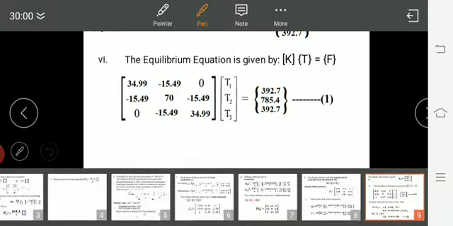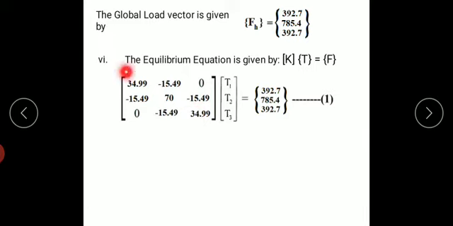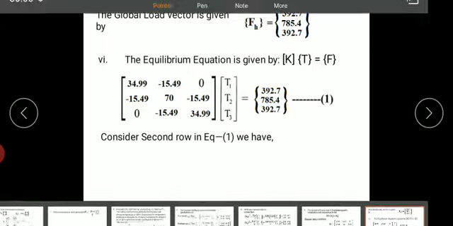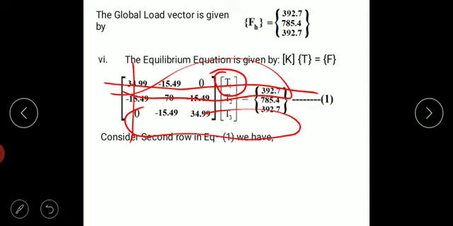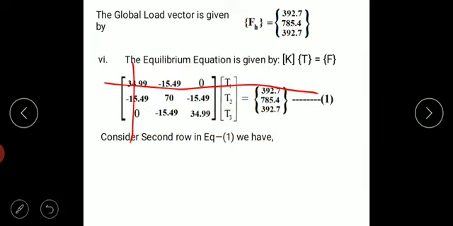So this matrix is the global stiffness matrix, including conduction and convection. This is the nodal temperatures and this is the force vector. Before I simplify, if I want to eliminate the first row and first column, T1 is going to vanish. So I can't consider the first row, and I can't consider the third row, because 0 into T1 is 0, again it vanishes there. So I need to consider the second row.